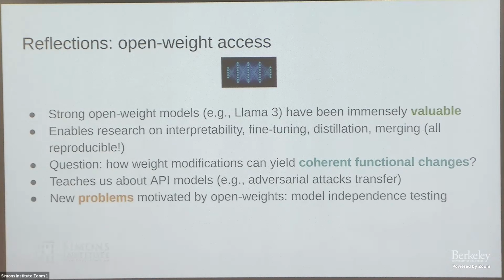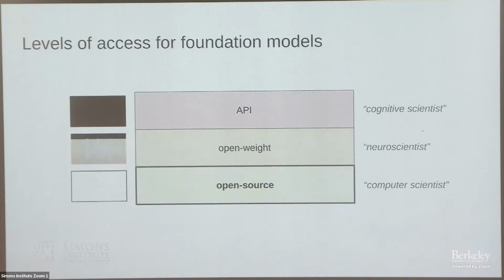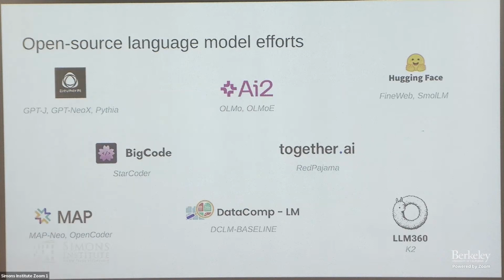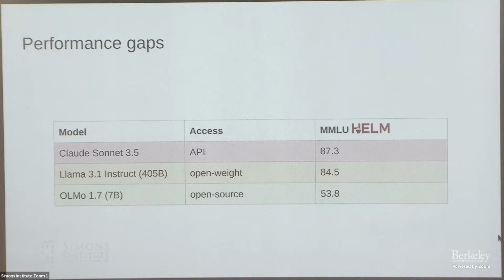It teaches us about API models, and it also introduces new types of problems, such as this model independence testing problem that I spent some time on. But we're still confined to the blueprint of existing models, still Transformer, still Llama. And in order to go further than that, we need to go to open source models. And I have, what, 2 minutes? 2 minutes. Okay. So speeding through this, the good news is that there are a lot of open source language model efforts out there. The bad news is that all of them are very far behind